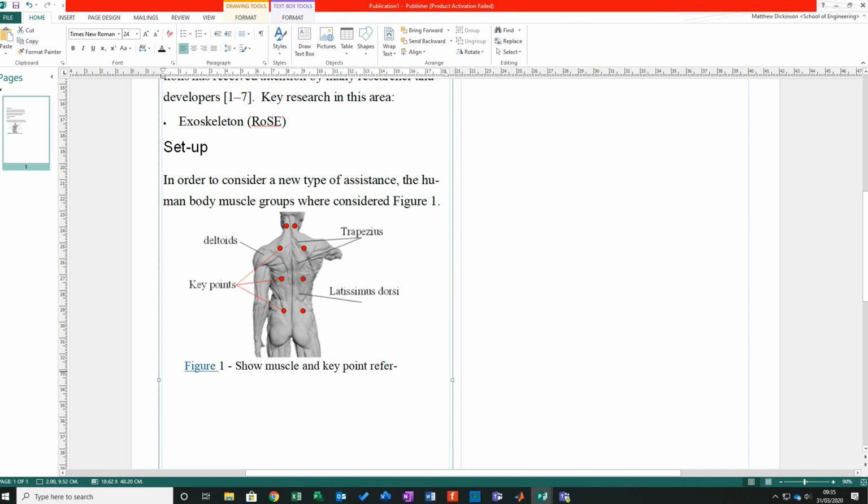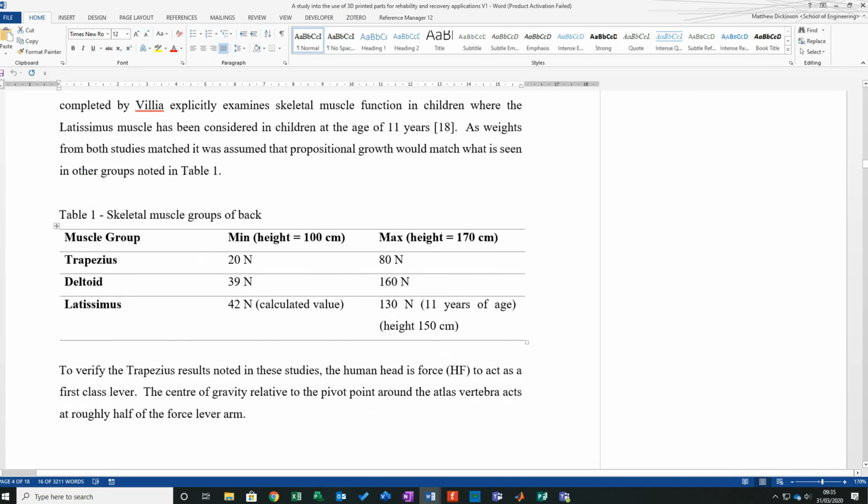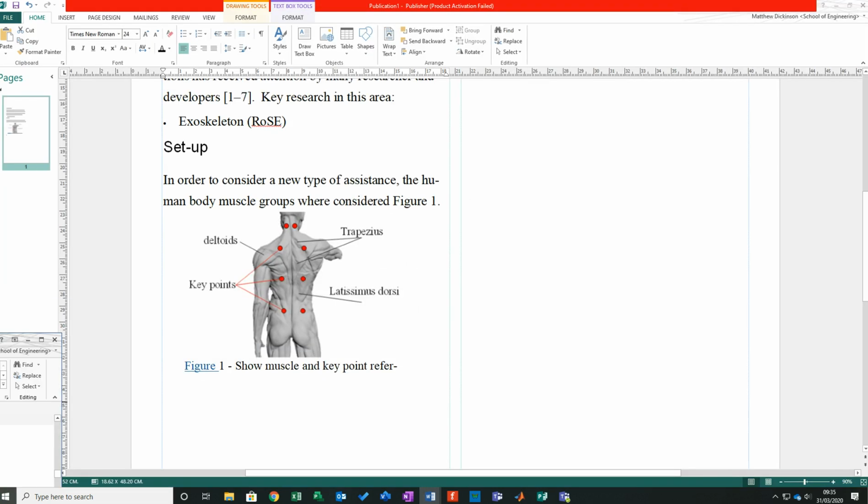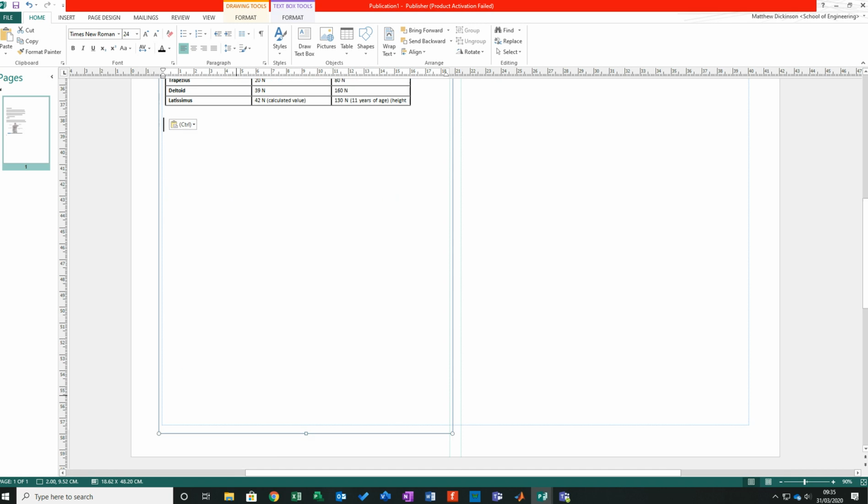So what I want to do from here is bring in this data. Now, this data was not constructed by me. It's some that I've pulled from research papers, and this data is key about what I'm doing. So then I want to bring in extra things with it. Now a table would be really useful. So I think if I copy the whole table itself and paste it in,